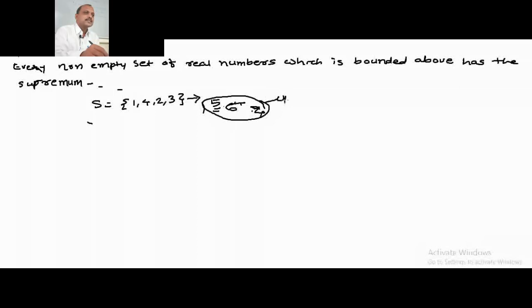Now, you can see that this set of upper bounds is infinite. Then, if we choose the least member from the set of upper bounds, it is called the least upper bound or supremum. The condition is that the set should be bounded above. If a non-empty set of real numbers is bounded above, it has a supremum.